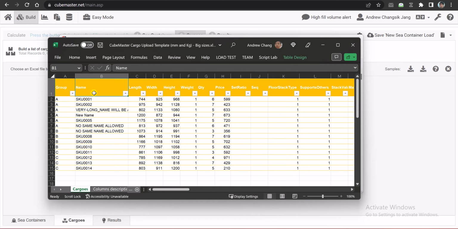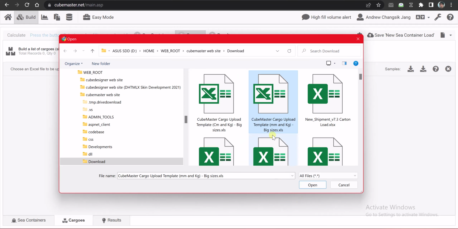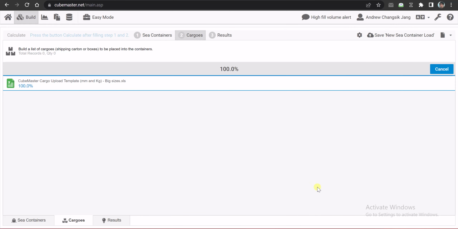So the SKU name, SKU dimension, SKU weight, and the quantity. This is the number of pieces to be shipped, and then it has some prices and other information too. So I'm going to choose this file and press open. This will upload